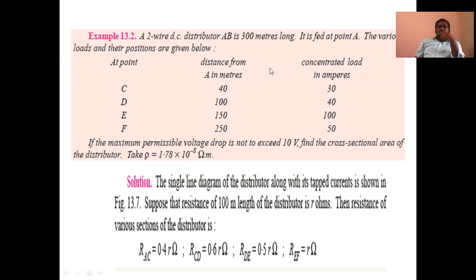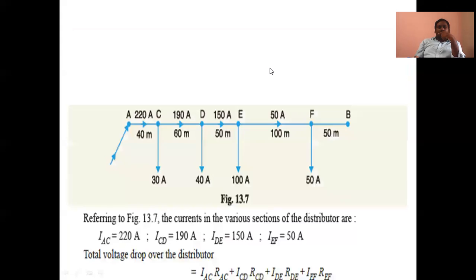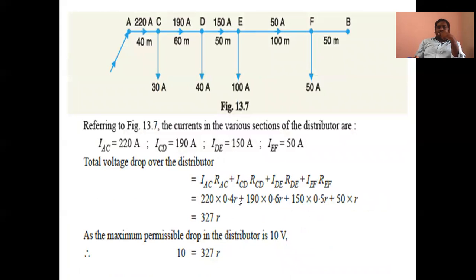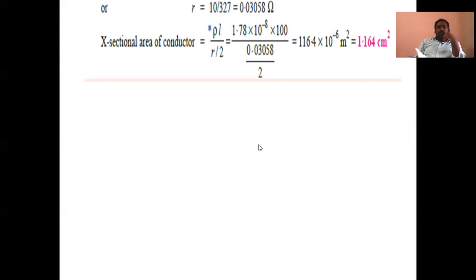So that means R by 300, then here it is 0.4. Oh, sorry, R by 40, this is 0.4. Then here R by 60, 0.6. Then here it is R by 50, 0.5. Then here R by 100. Like this, total voltage drop is 327. Then the maximum permissible drop is 10. That's why both are equal. Then R value is equal to